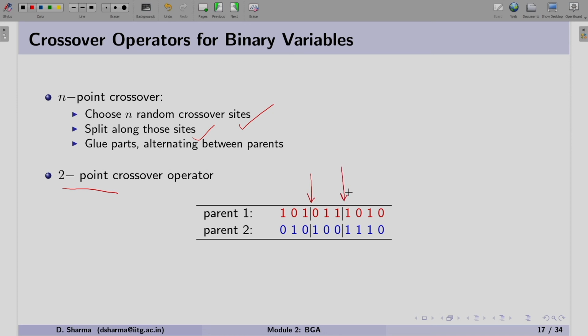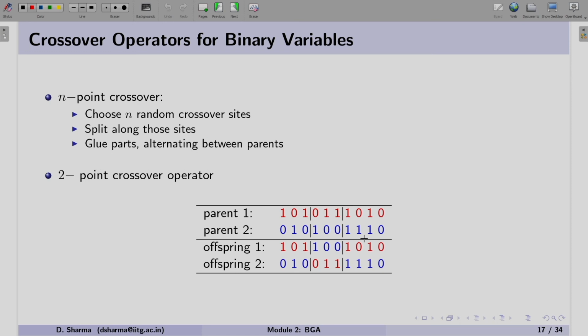We glue the corners and the middle part is swapped. Now you can see in offspring 1 and 2, only the middle part is swapped and the front and tails remain the same. This crossover operator can generate offspring in this way.